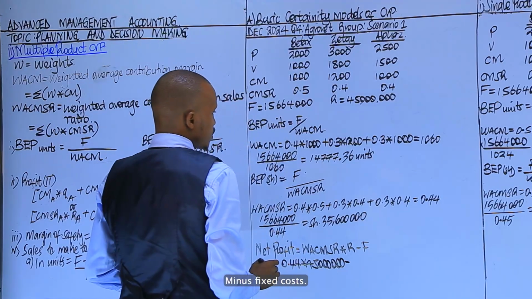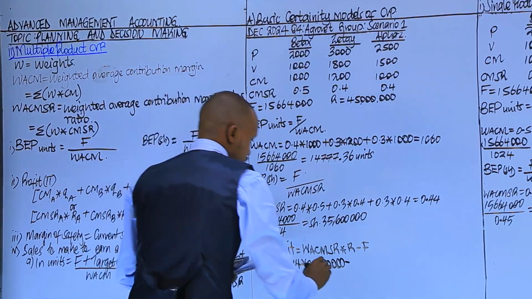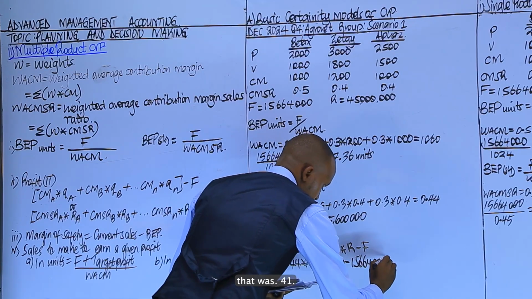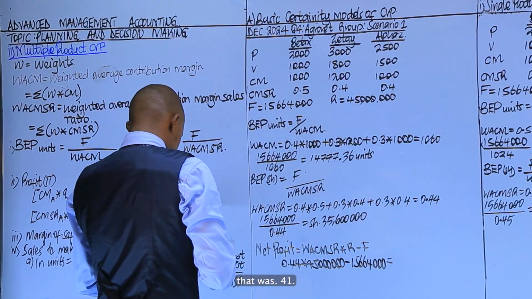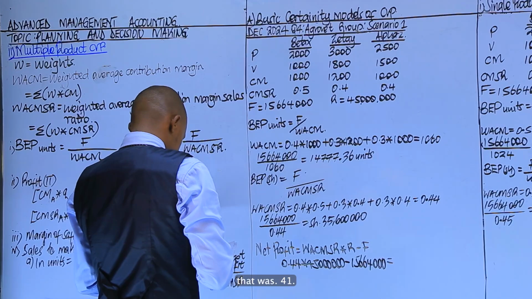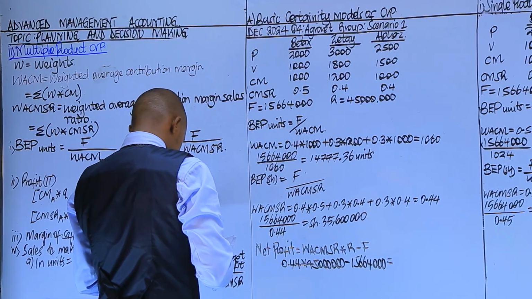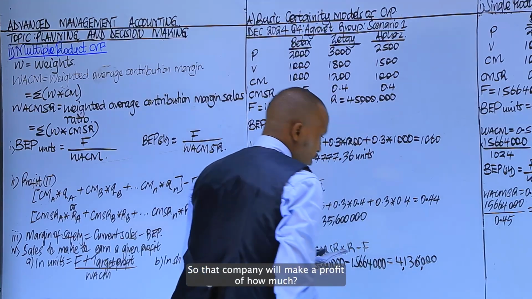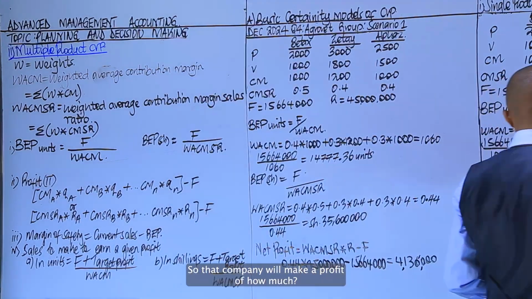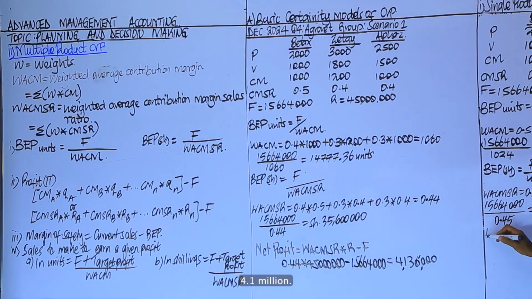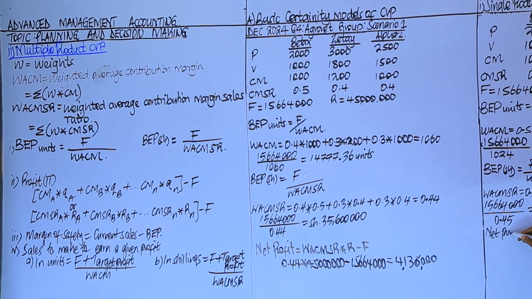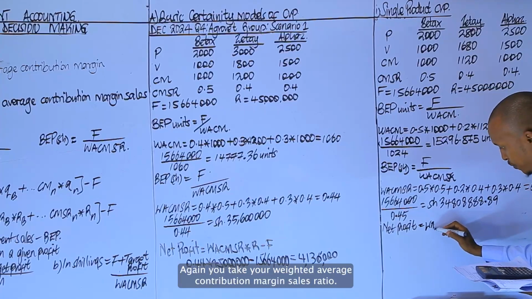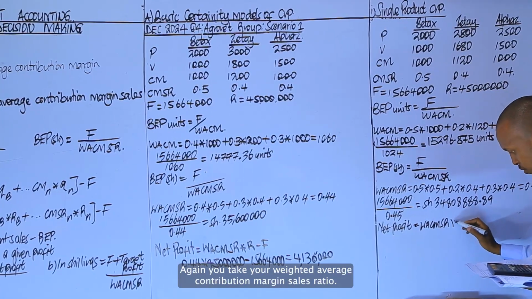minus fixed costs of 15,664,000. 4,136,000 shillings. So that company will make a profit of how much? 4.1 million. Then the net profit in scenario 2, again you take your weighted average contribution margin sales ratio, you